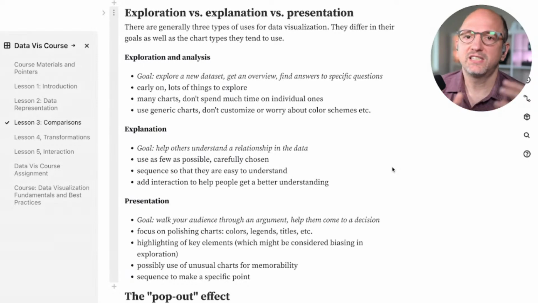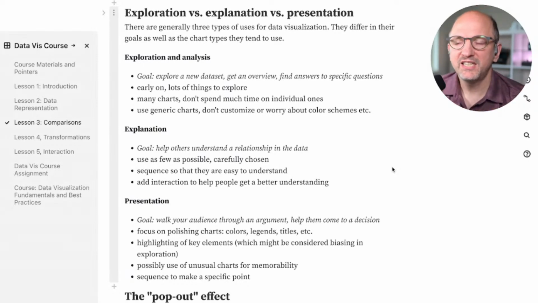And then there is the presentation. And presentation is, again, very distinct from the first two. The point here very often, or the point should be, is to walk your audience through an argument and help them come to a decision. And this is about efficiency. This is really about how much you can support a decision by being able to